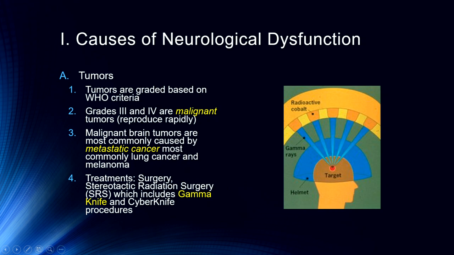As I was saying, the Gamma Knife and CyberKnife are procedures used to treat these tumors. Essentially, these are radiation treatments. And the idea is you use radioactive cobalt or some other radioactive substance to create gamma rays. Those gamma rays then converge on the target tissue, destroying it with the radiation. The reason we do this along many paths is so we don't cause damage to the tissues